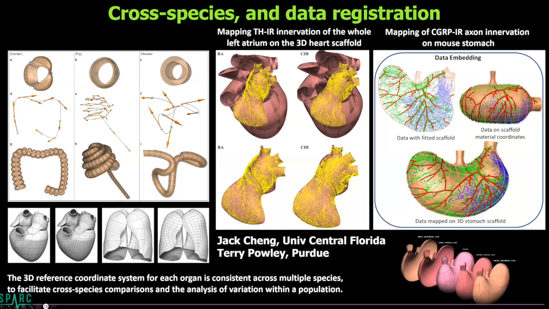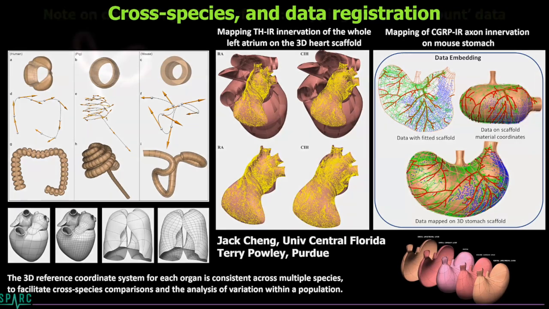Then, as Maryann mentioned, we've got a number of people using these scaffolds for registering neural data, or in some cases vascular data, into the scaffolds. And this becomes a way of comparing different data sets across either the same individual for a given species or across species or across individuals within a species, because we've always got that common coordinate reference framework defined by the material coordinates of the scaffold in order to be able to consistently reference the same location for subtle differences in